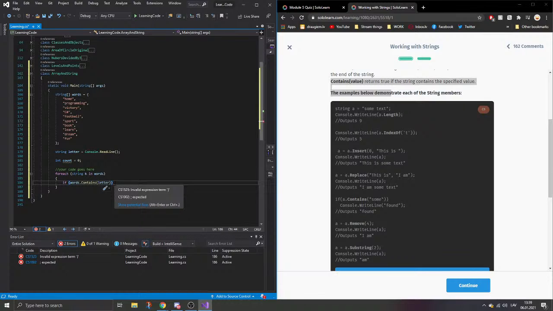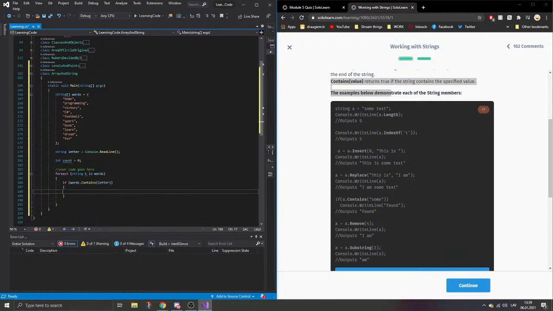What's wrong here? Expected semicolon. Right, no. Nope. Yeah, contains letter. If the thing contains letter, it should write out the thing. I'm going to write out that one. Oh shit. If word contains letter,